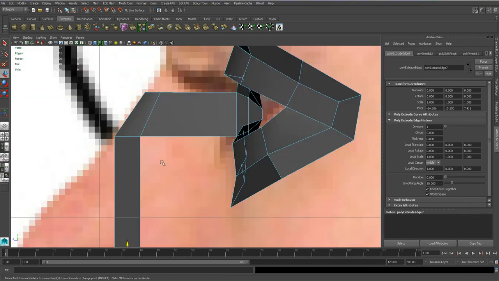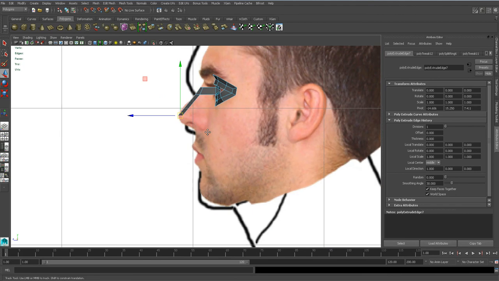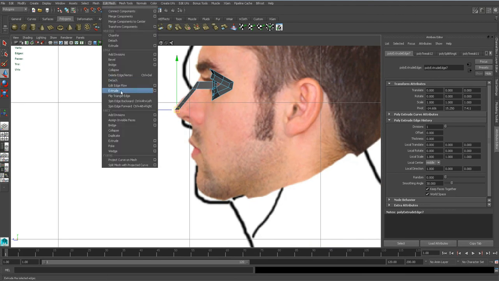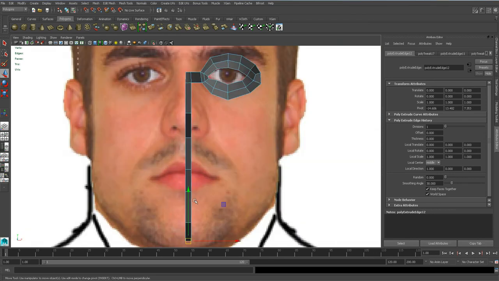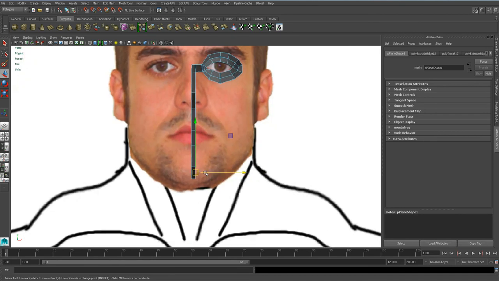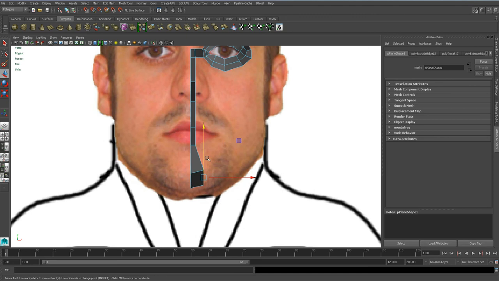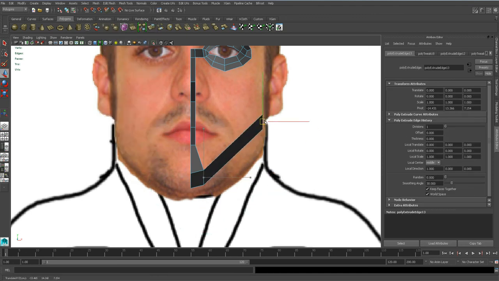Let's do it in the right view actually. So just go for the nose part here, extrude down, oh, extrude there, center of the lips, this part here, then the chin, and then I'm gonna leave it like this. So we just get the basic shape here till we get to the neck part, so stuff like this. I'm gonna move this one to the side so we get the nice chin shape in there. Then I'm gonna grab this edge here that we just made, and I'm gonna extrude it outwards to create the jawline up there